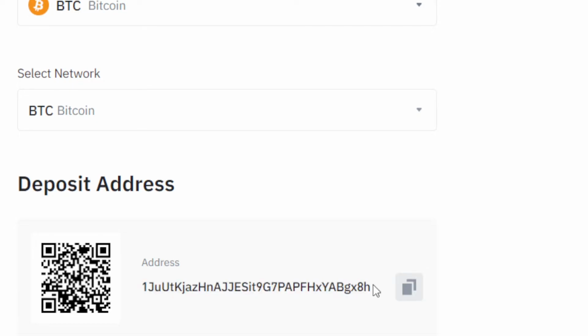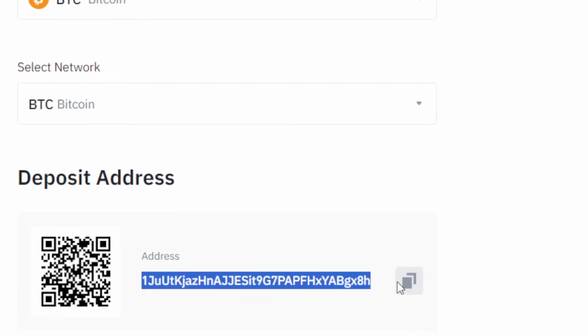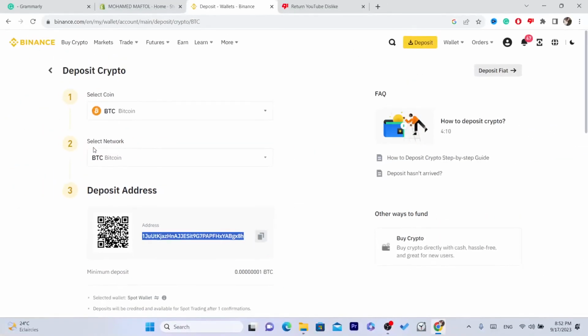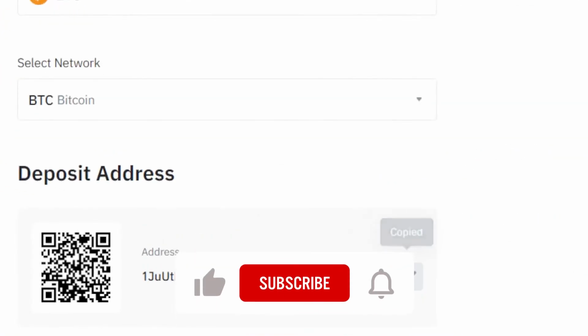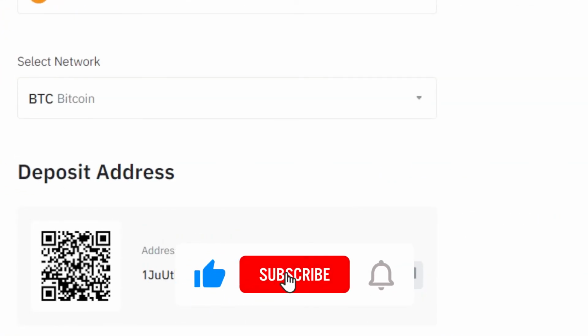address. So after you send someone your wallet address, make sure you tell them the network is Bitcoin. This is very important. Okay, click here, then send this to your friends or whatever so that they can send